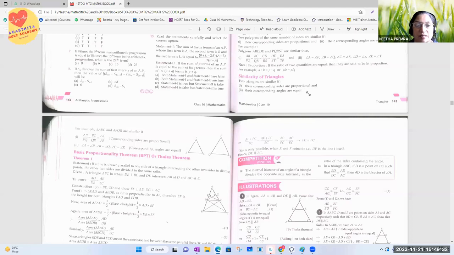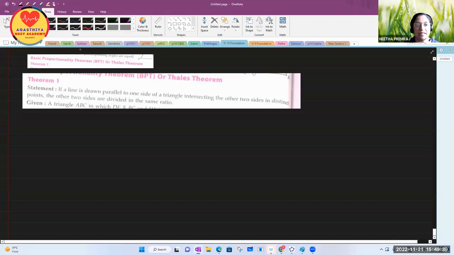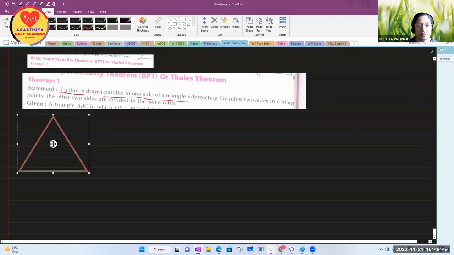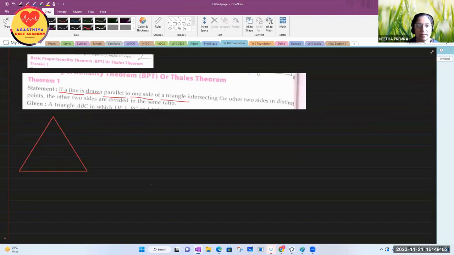So this is the theorem. What is the theorem saying? If a line is drawn parallel to one side of a triangle, first we draw a triangle. There is a triangle. If a line is drawn parallel to one side of a triangle, intersecting the other two sides in distinct points. So first I name the vertices of the triangle ABC